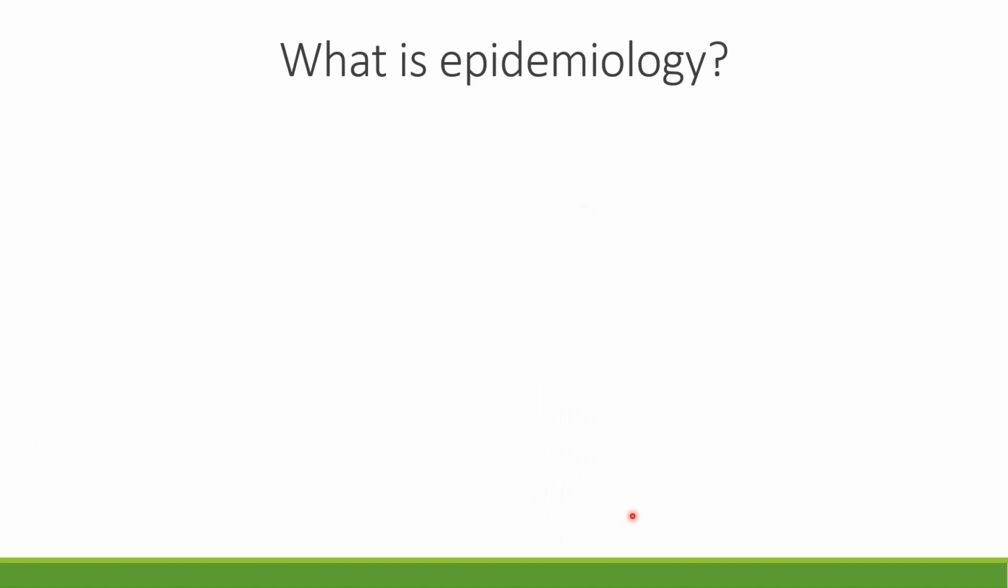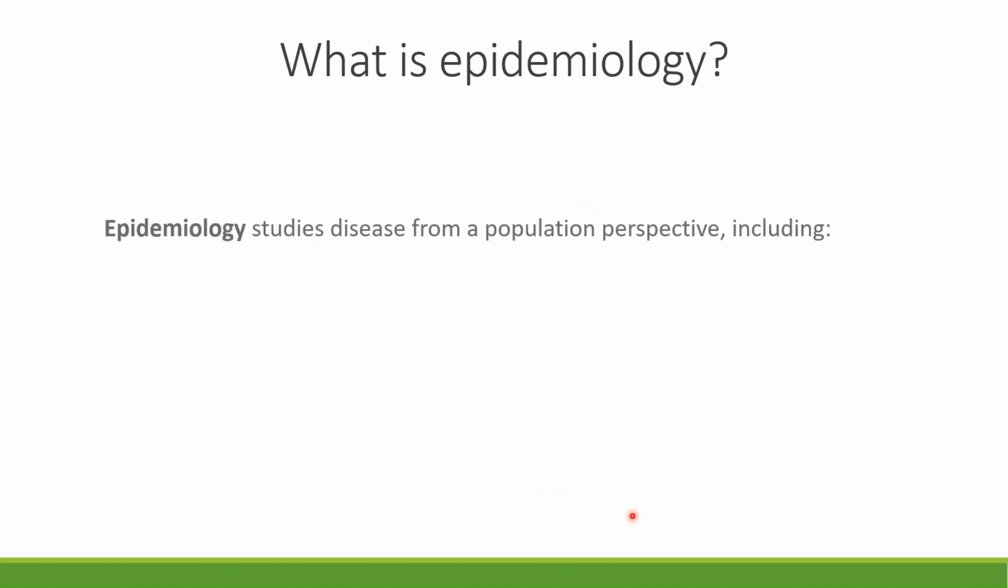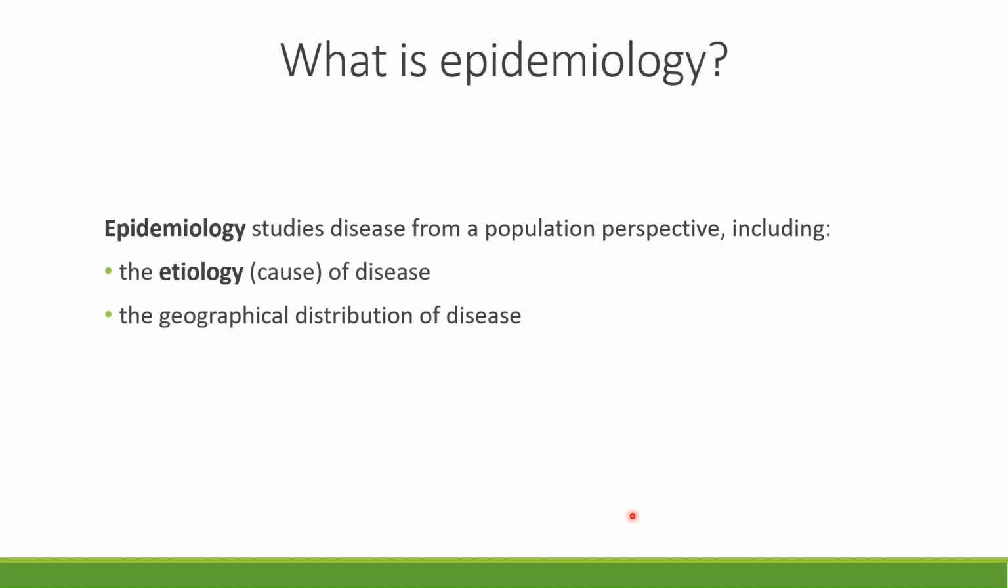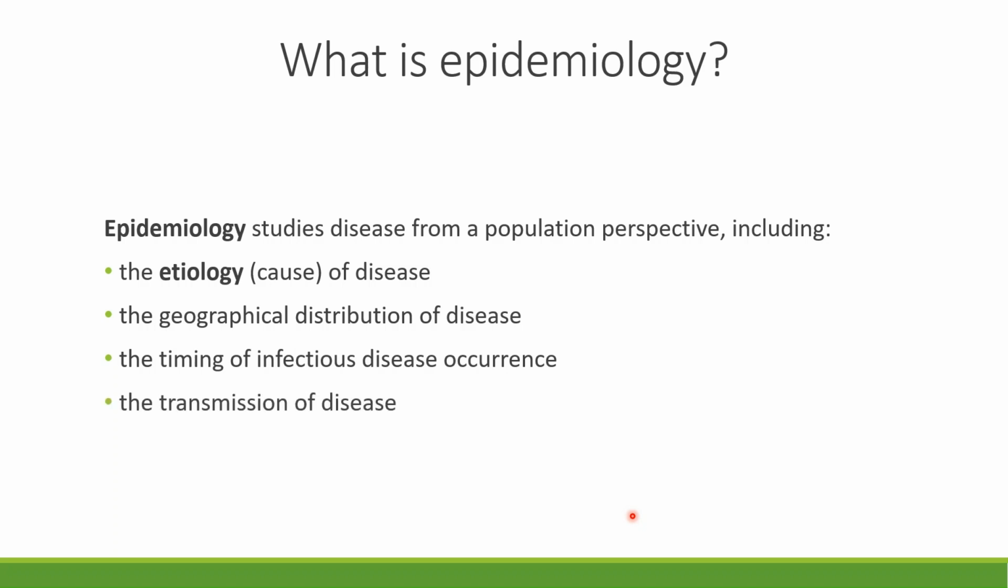All right, so no discussion about disease can be had without some discussion about the scientific study that looks at disease. So epidemiology studies disease from a population perspective. So it's kind of more big picture. It might look at a variety of things to cover a population perspective. It might look at the etiology of a disease, which means the cause of the disease, the geographical distribution of the disease, the timing of infections during disease occurrence, the transmission of the disease,